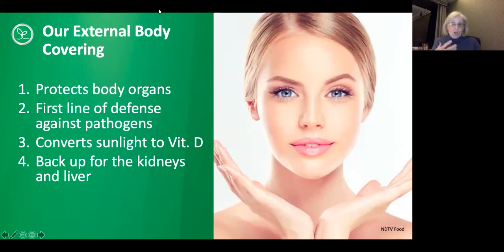It insulates and cushions those deeper body organs that we have. And modified cholesterol molecules that are located in our skin convert to vitamin D in that sunlight. Now, the skin is the body's first line of defense, and it acts as a physical barrier by preventing direct